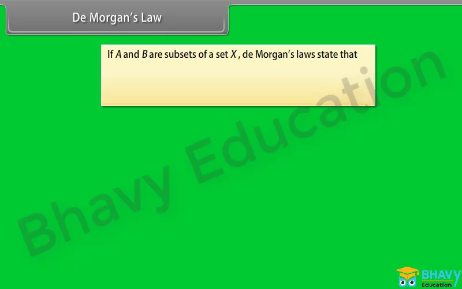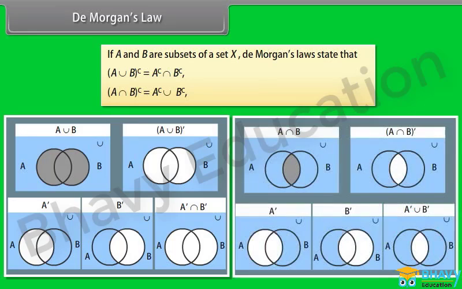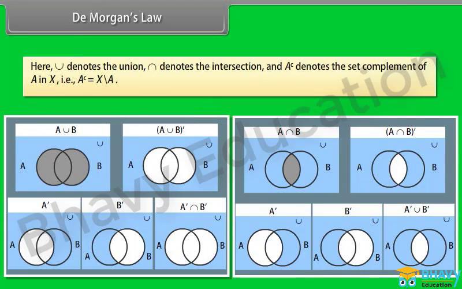If A and B are subsets of a set X, De Morgan's laws state that complement of (A union B) is equal to complement of A intersection complement of B. Complement of (A intersection B) is equal to complement of A union complement of B. Here, this denotes the union, this denotes the intersection, and this denotes the set complement of A in X, that is,